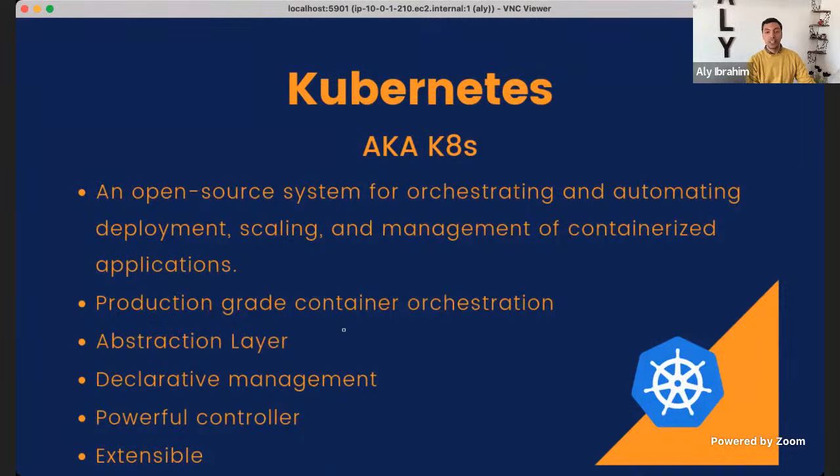And the good piece of it, it's declarative. So you can just define what you want, put it in YAML files, and apply those YAML files, and it's Kubernetes' job to make sure that what you have asked for is already working. So for example, if you're asking for 2 replicas, just mention 2, and it's the controller's job to keep checking that it's 2, and if one of them died, it will create another one. And if you scale that to 3, it makes sure of that. You just need to write what you want, and the controller will make sure to fulfill your dreams. And that's why it's a very powerful controller.